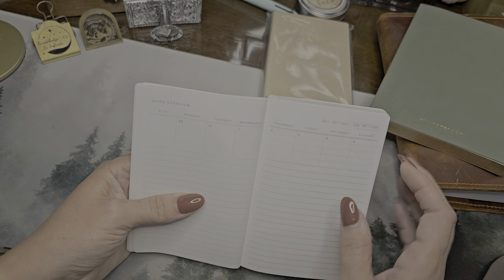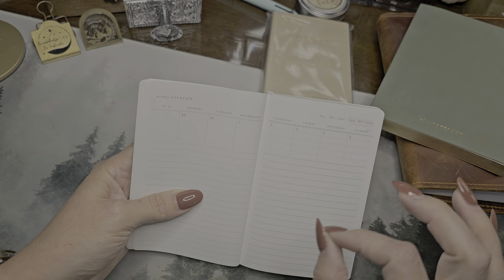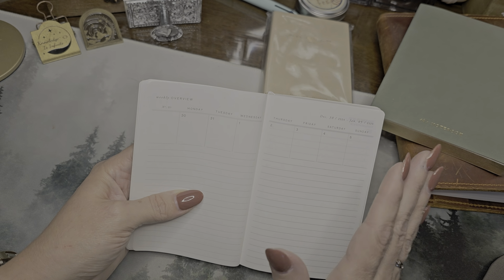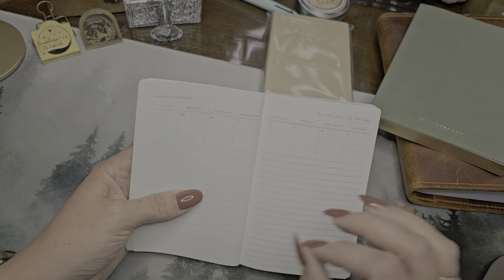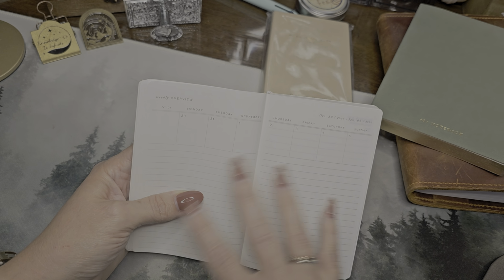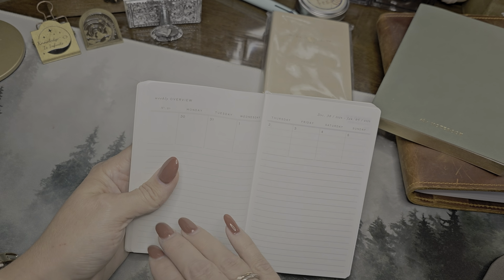So I need to know what days I have to travel, because I also have to then plan for my kids. So knowing that week overview of where I need to be and where my kids need to be and when they have practices for sports and taekwondo and these things. This is huge for me. So having this, and then having, like, I can break it down by,